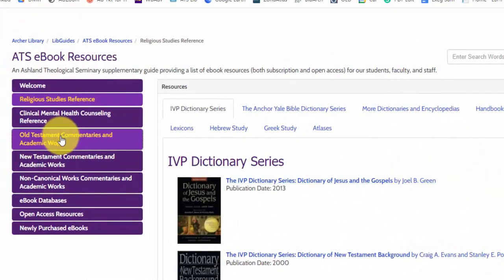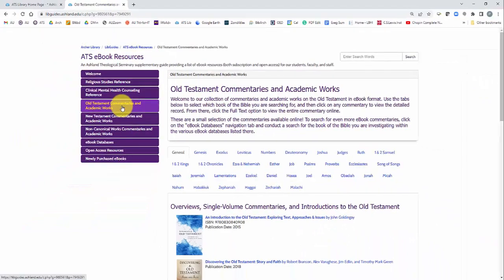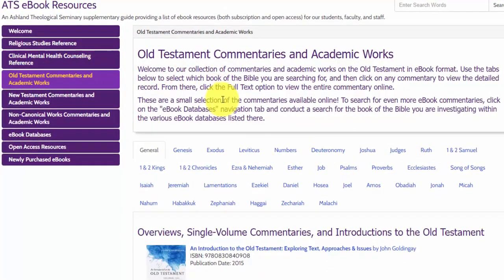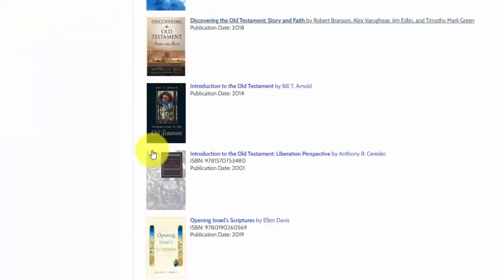And next, let's go to the Old Testament Commentaries and Academic Works tab in the purple tabs on the left, the fourth one down. By default, this should open to the tab labeled General, and I'm referring to the tabs which otherwise give Old Testament Bible book names, such as Genesis, Exodus, and Leviticus. Stay with General. Scroll down,